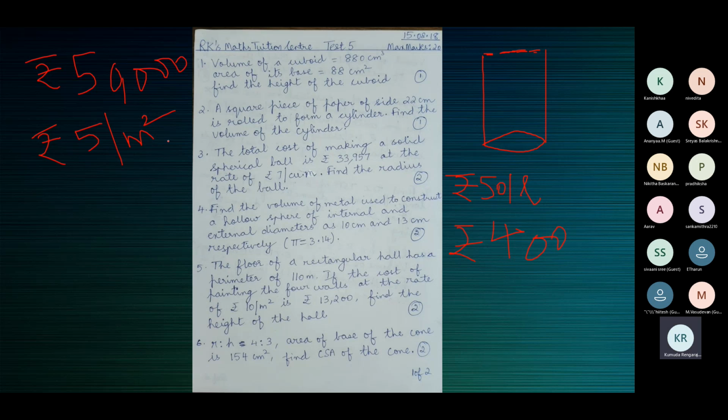So basically this one, rupees 5 per meter square is per area, and rupees 50 per liter is per volume, per liter capacity. This is a good indicator. We need to understand why it is very important. So if it is rupees 50 per centimeter cube, in some other situation, it has something to do with volume, not area at all.